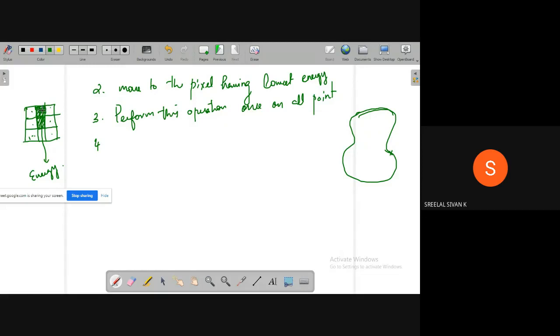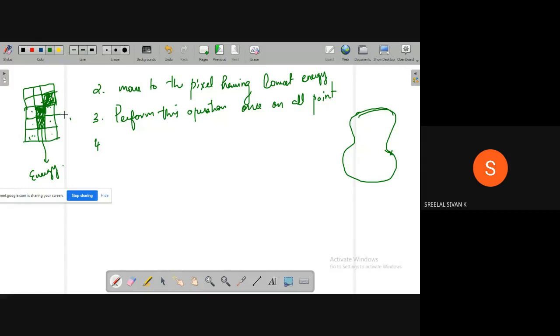Then that pixel will be your next center pixel, and you have to check the other pixels against that pixel. You will compare with the next pixel, and whichever has the lowest energy, the snake will move to that pixel. Suppose this pixel has the lowest energy level, the snake will automatically move to it. That energy may be the gray value or a gradient value; such factors will be taken as your energy function. So that is the second step.